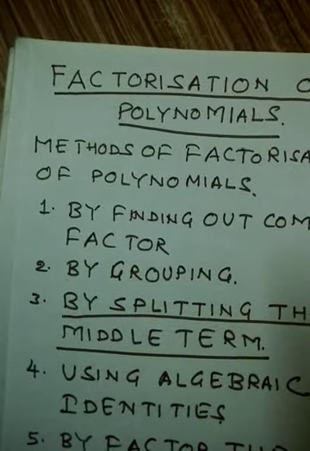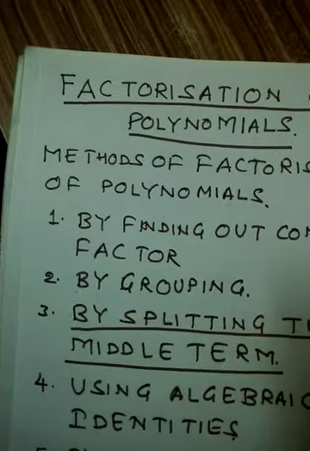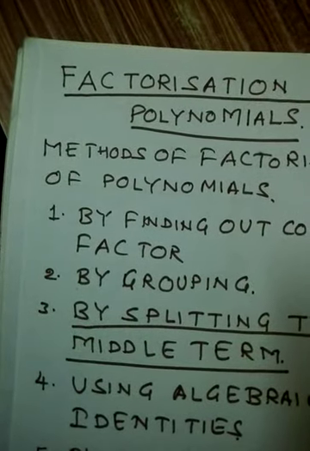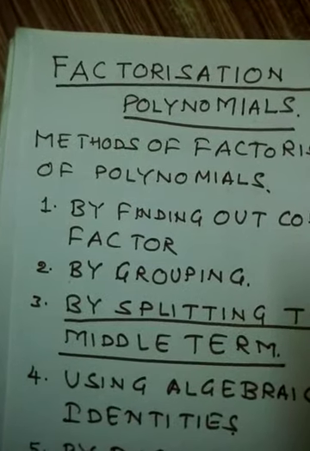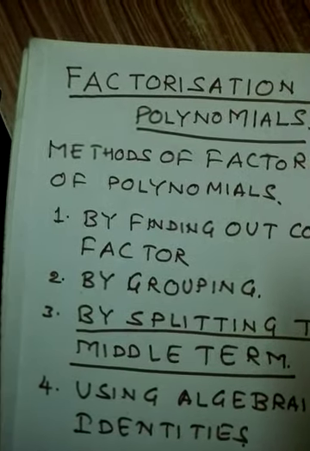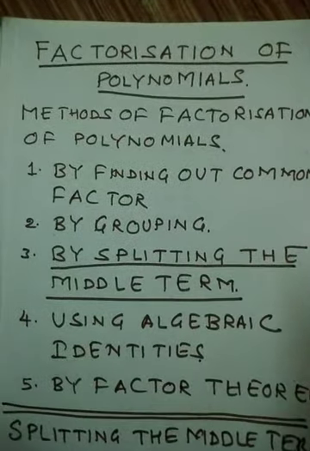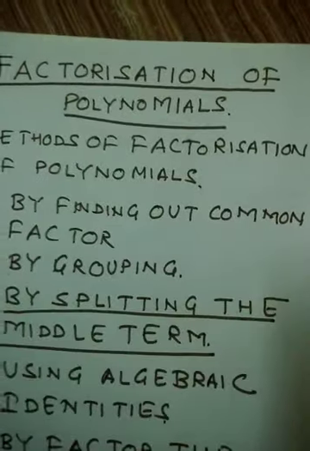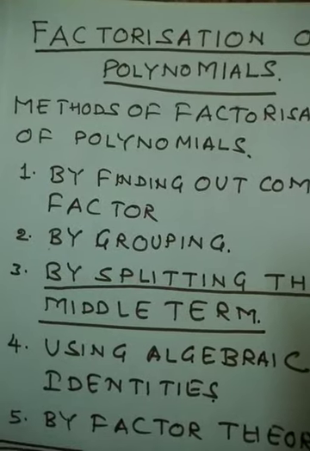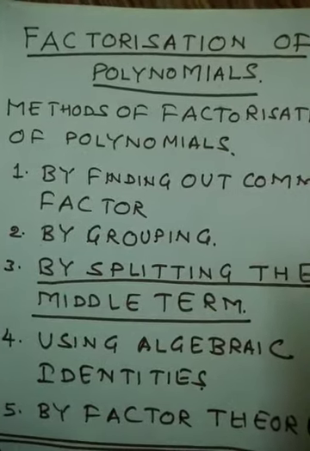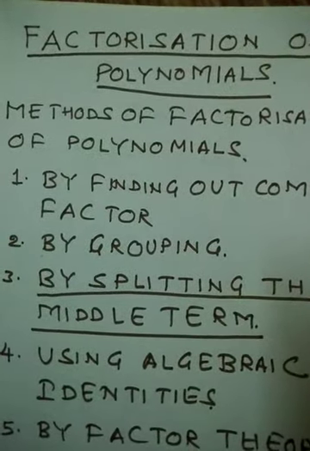In the questions of grouping, there will be at least 4 or 6 or 8 or maybe more terms. In that you have to make groups using binomials or trinomials. And just like the first method, you have to find the common factor of the groups, in such a way that whatever polynomials are left in the group brackets should all be the same, and then you can factorize it by again finding the common factor.